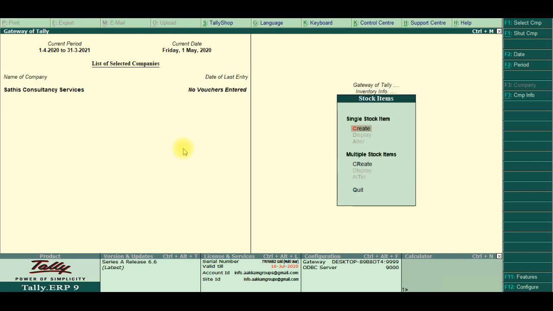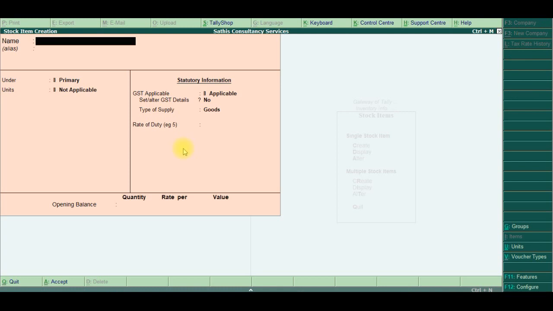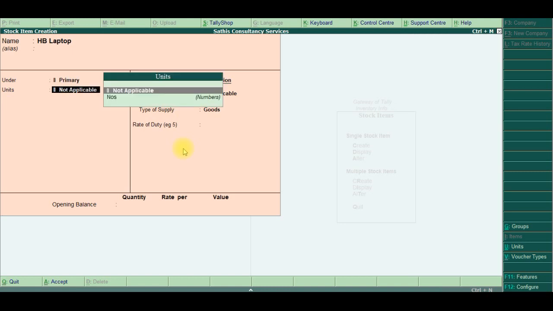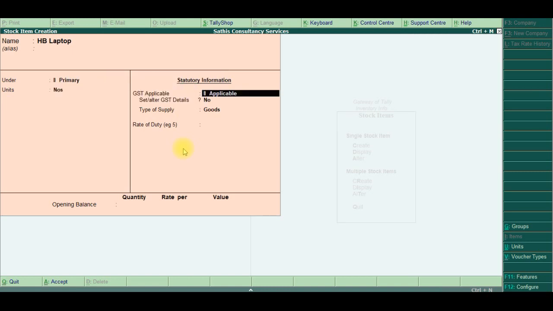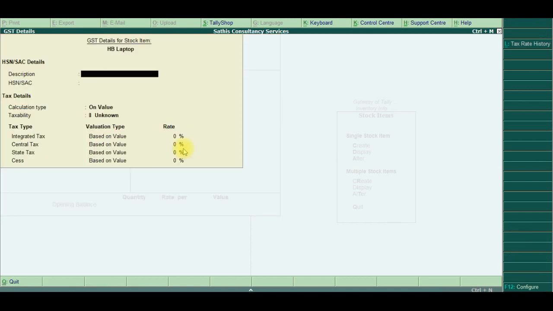Here, be serious. We create not only the stock item details, but also the GST details in this area. So listen carefully. I give HP Laptop as the name, under Primary, unit as numbers, GST applicable is applicable. Set or alter GST details, I give yes here. If you can't see the HSN and SAC details here, and the tax types and the calculation type,